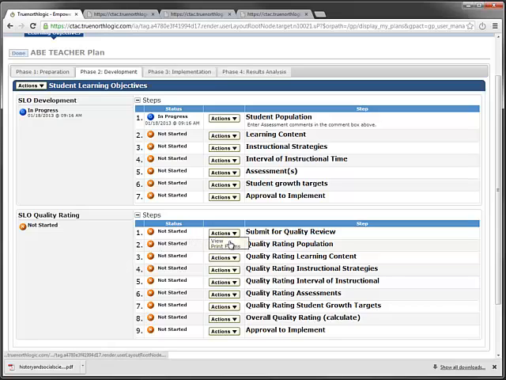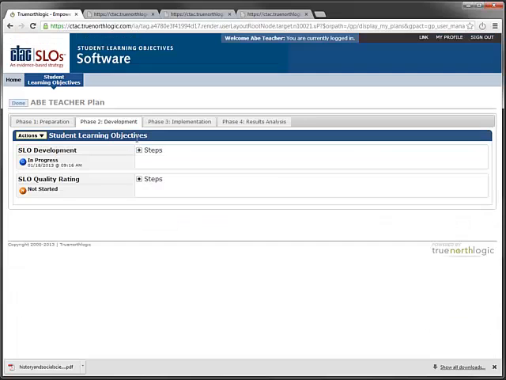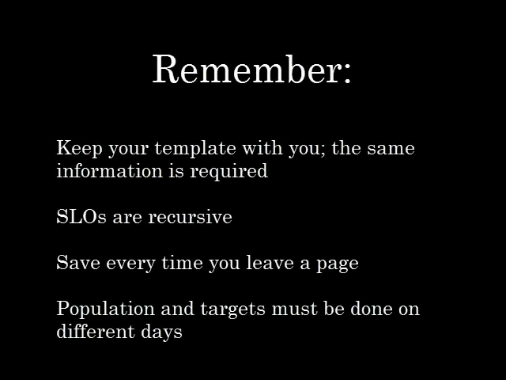Each section here parallels what you've seen in your SLO template, with one notable difference. In some cases, because of how the system works, the content might not be in the same order as the template. It's all there, just reordered. There is no additional information requested. It would be a good idea to keep your printed SLO template with you to speed up the process of